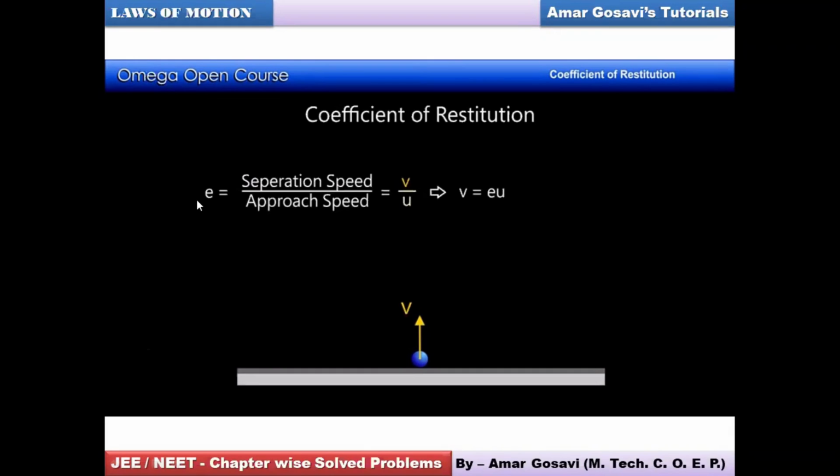So the equation for e in this case will be V upon U. Earlier the same equation was V1 minus V2 divided by U1 minus U2. But here V2 and U2 are 0, and therefore those terms vanish, and ultimately you get a compressed version of this equation. Then you rearrange this equation, so V in this case will be e multiplied by U. That's what is being shown over here. So have you understood it now, Gargi? Yes, sir. Thank you. Okay, fine.